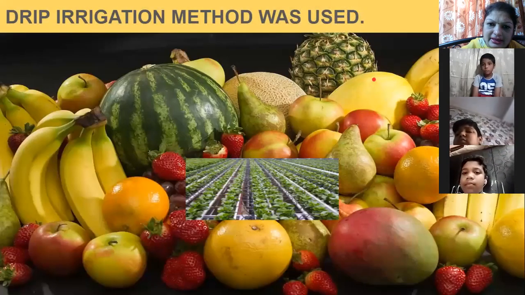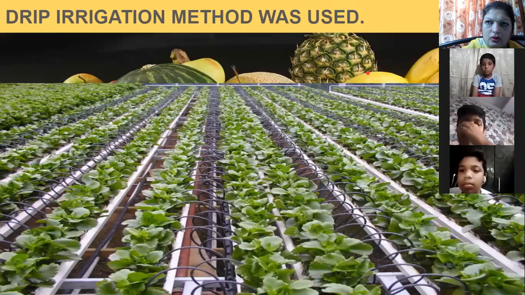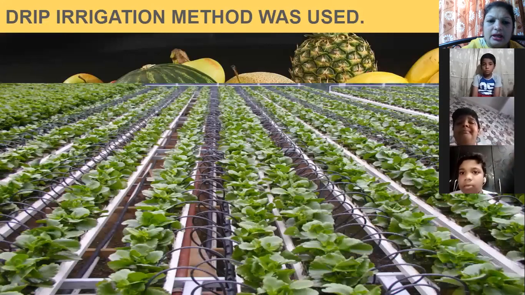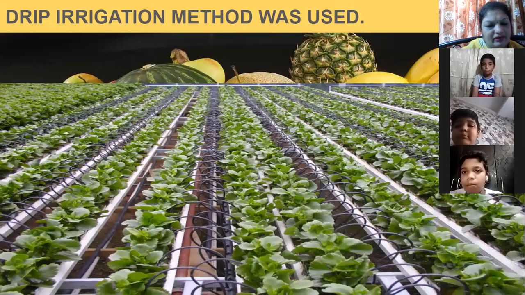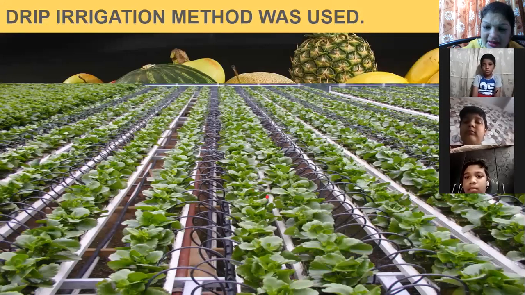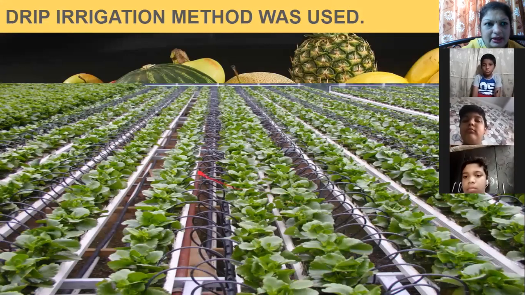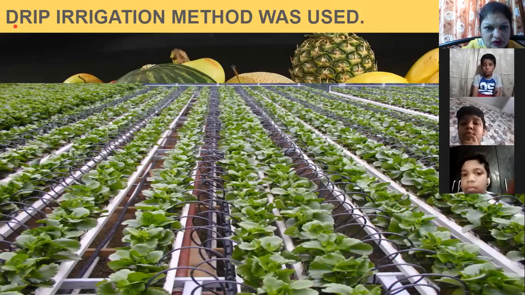Now let us see the modern techniques. Which are the modern techniques? You saw now, dams were built, bunds were built, and the crops are watered through canals, and we know the different sources of water. But now which are the other new techniques which are used for irrigation? So let us see this one, the drip irrigation method.